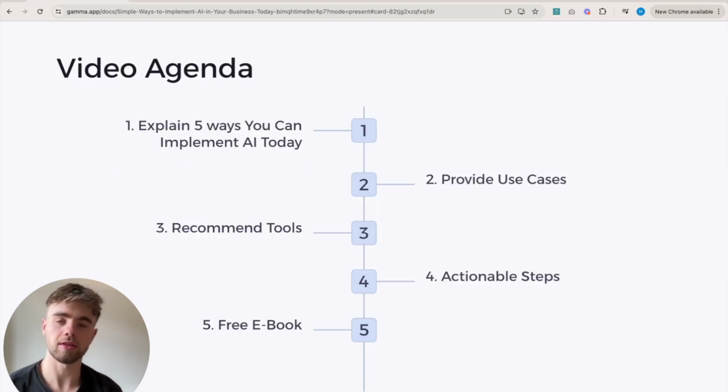So the video agenda is as follows. I'm going to explain the 5 different ways. I'm going to provide use cases. I'm going to give you some recommended tools. I'm going to give you some actionable steps, and then I'm going to provide you with a link to my